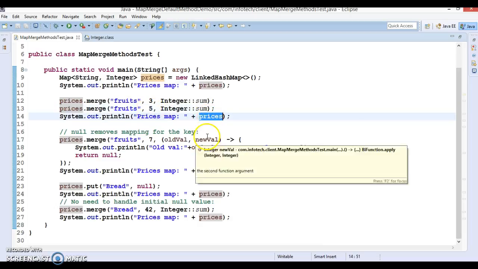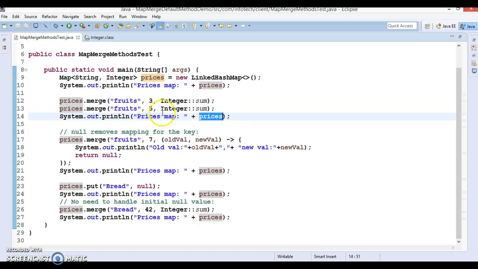This will be 8, meaning fruits equal to 8. So this will be added. Now the second scenario: null removes the mapping for a key. So what we have written, again, we are trying to use the merge method on the map, and we are passing the